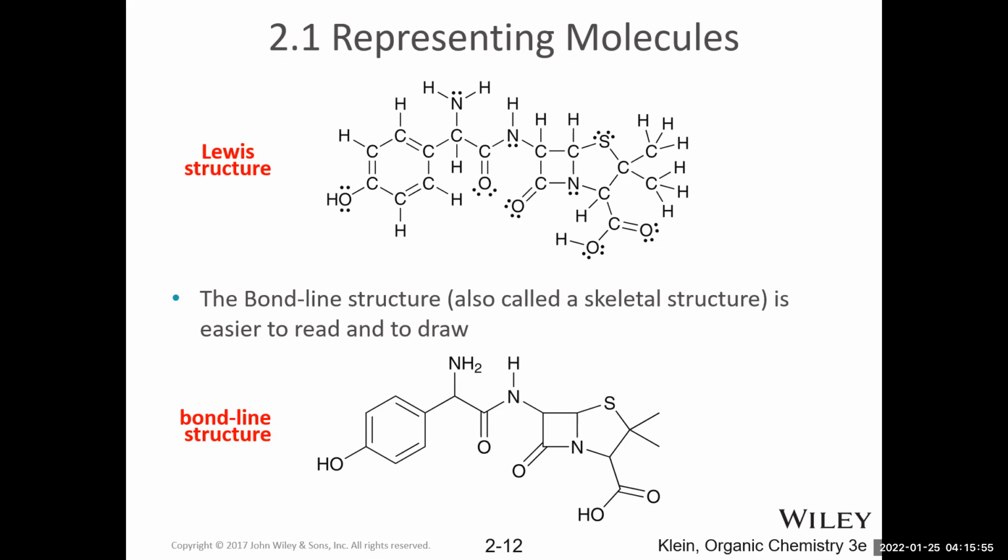One thing we know is that all second row elements need to have an octet. So if I've only drawn 3 bonds to nitrogen, that would only be 6 electrons surrounding it. But we know that it has an octet, otherwise it wouldn't be neutral and stable. So that means it also has an additional lone pair to make up its complete octet. Let's look at this sulfur, for example. It's only making 2 bonds that we can see. But again, it has to have an octet. So just like oxygen, it will also have 2 lone pairs to complete its octet. Even if you don't see the lone pairs, you should still know that they're there.